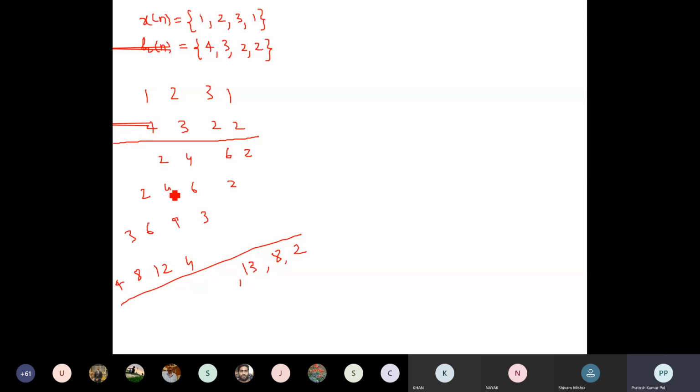And again we will be adding 19 and 12 plus 6 plus 2, that is 20, and 11 and 4. So this is your sequence, this will be obtained by using linear convolution. So it is the result of linear convolution of these two signals, we will be getting this as the result.